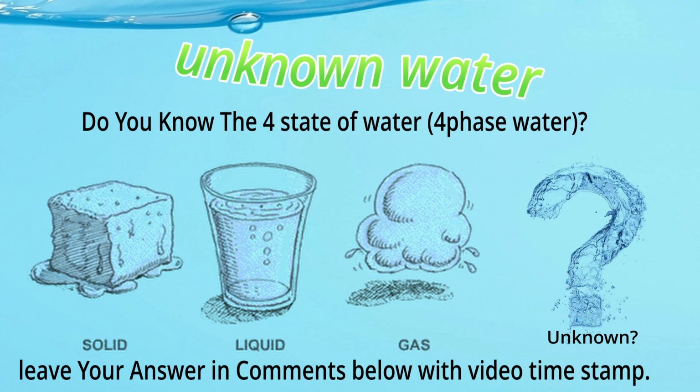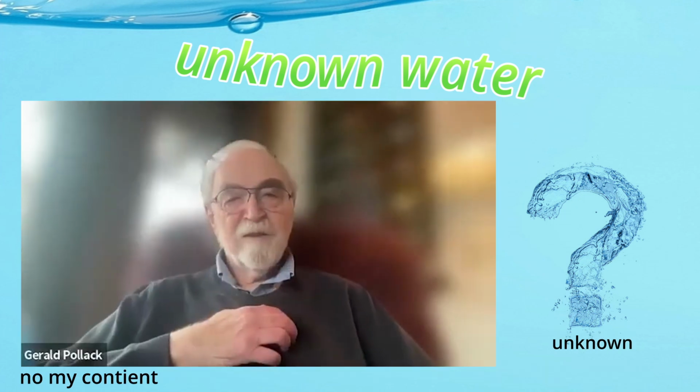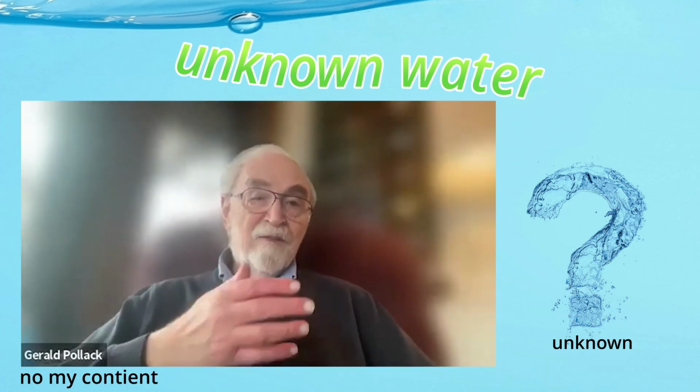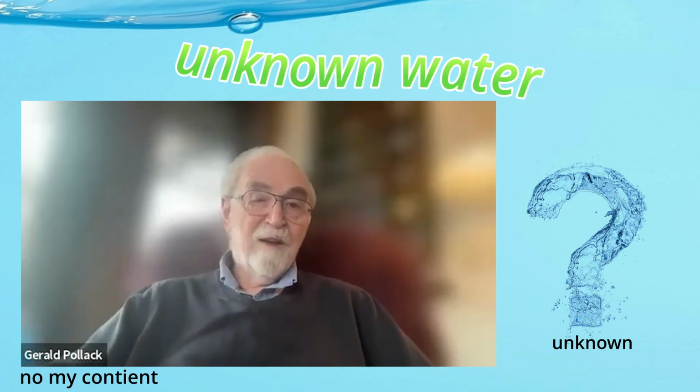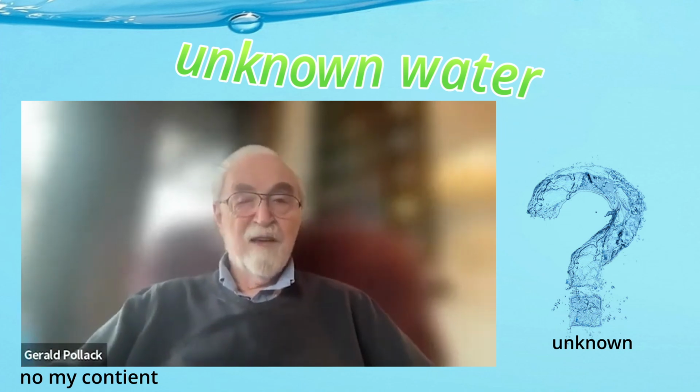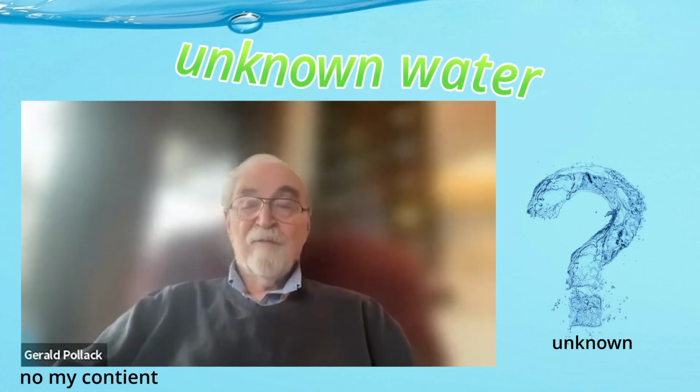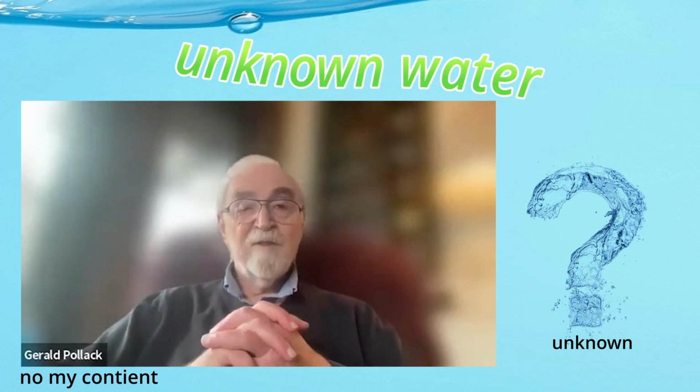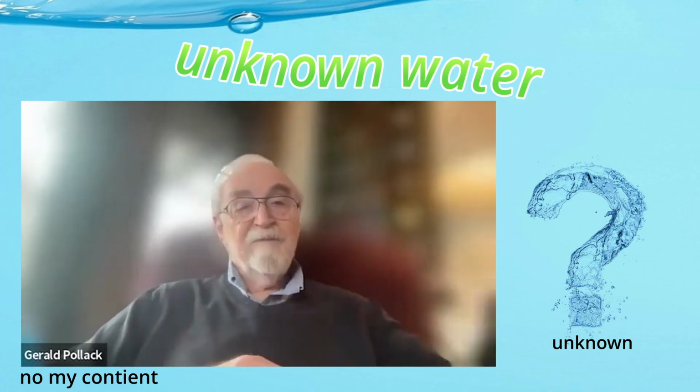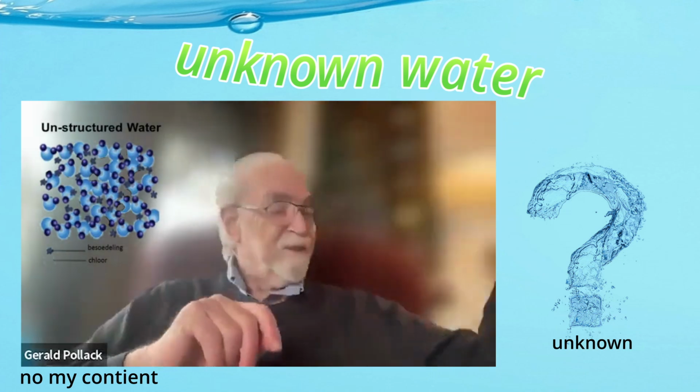Now on to water. You have your 3 most common states: the solid, which is ice; liquid, which is water; gas, which is steam. Water has a phase beyond the 3 that we ordinarily think of, the solid, liquid, and vapor. Gilbert Ling thought the water inside the cell was not like water in a glass.